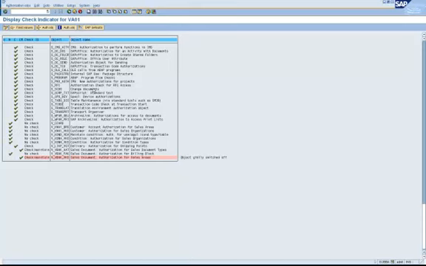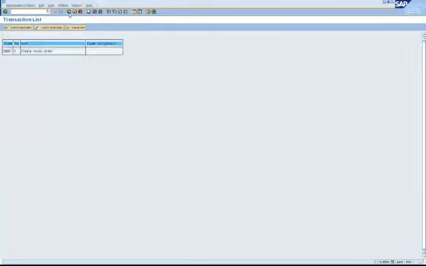So instead of using SU24 individually on each transaction code, what we did was using AUTH_SWITCH_GLOBAL transaction, we basically disabled this object for all transaction codes, which in some cases could be good and in some cases may not be good to do. So if you want to switch it back again,